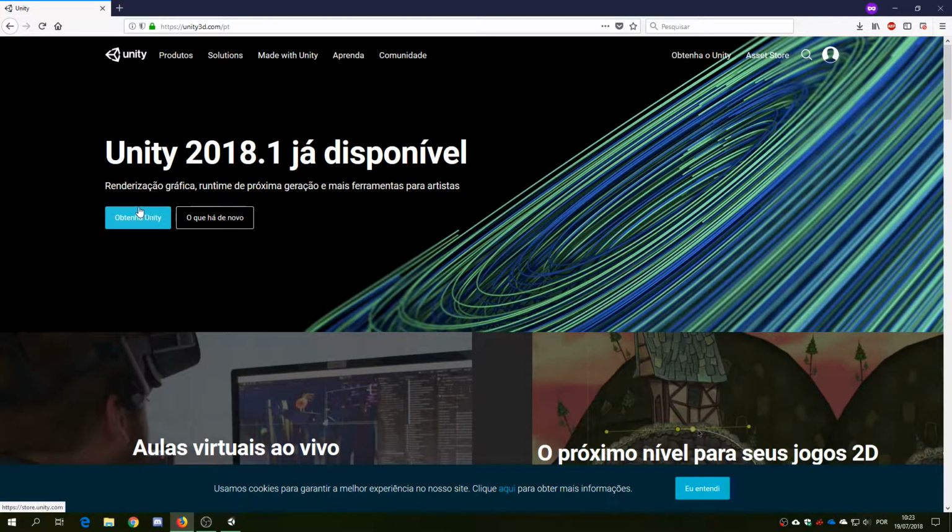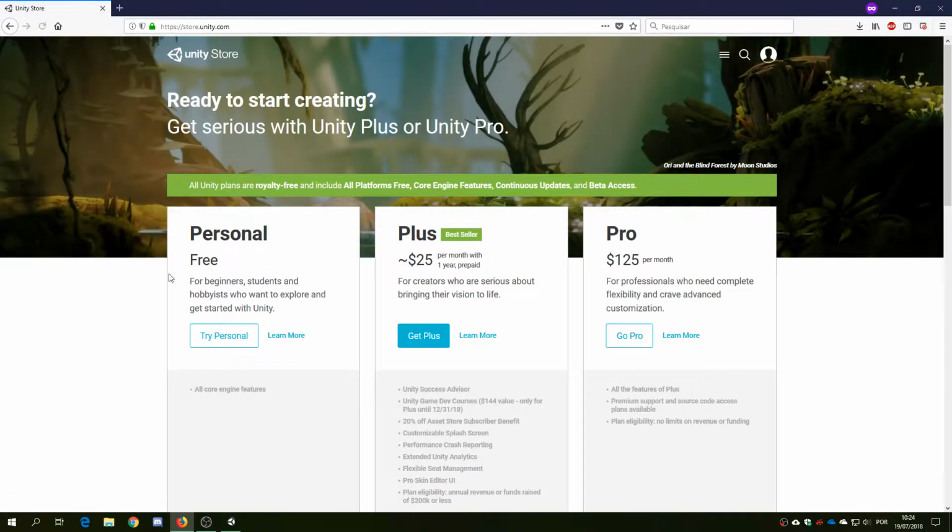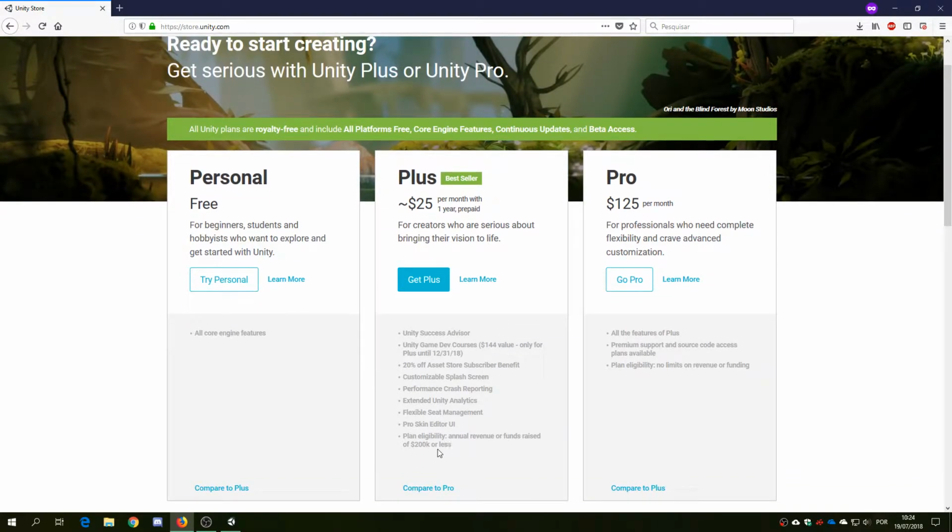We are going to say we want Unity, so get Unity, probably in your language. Mine is in Portuguese, and we are going to be presented with 3 editions. The one we are going to use is Personal, which is free, but if your studio ends up making more than